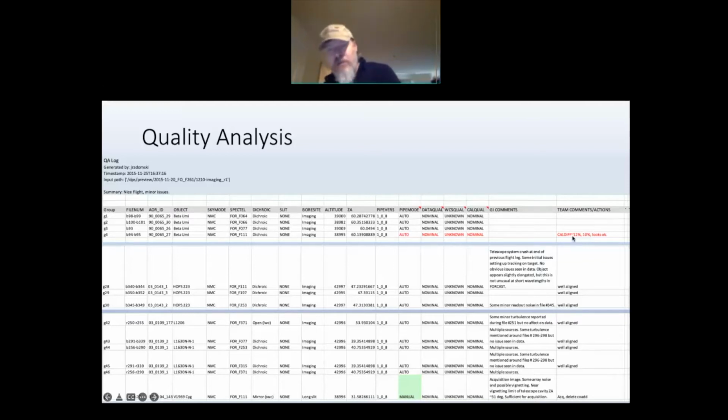It's about 12%, it's about 10%. So that was for the calibration scientist to look at. Here we have an example right here: telescope system crashed at the end of previous flight leg, some initial issues setting up and stuff. So data was nominal, but I figured it was worth reporting what was occurring at the